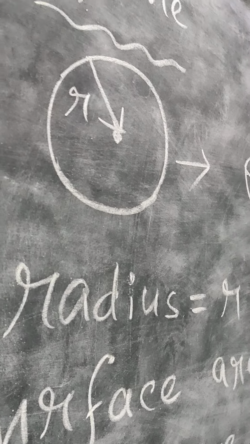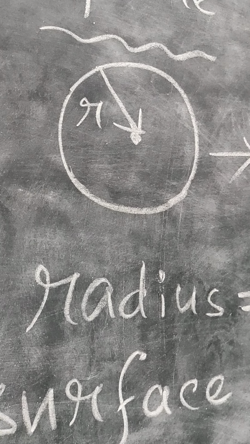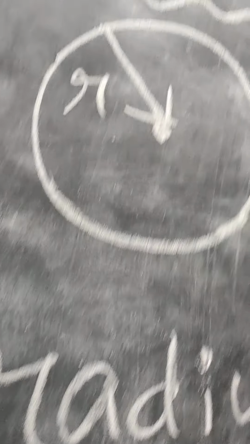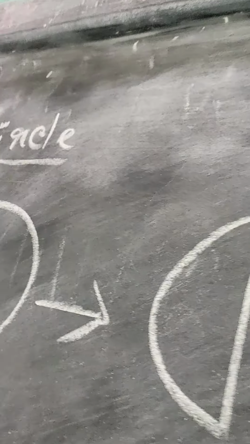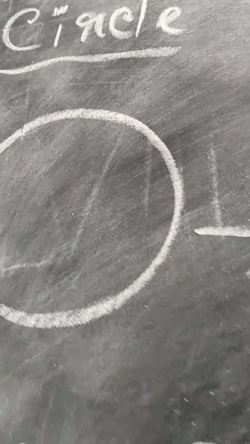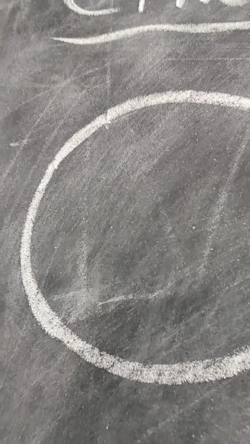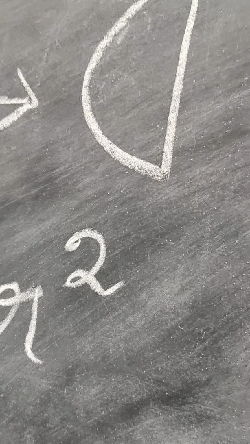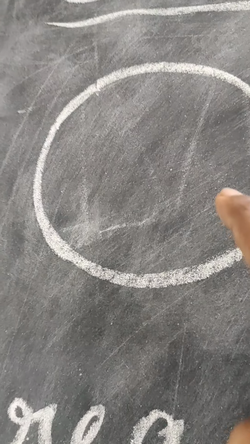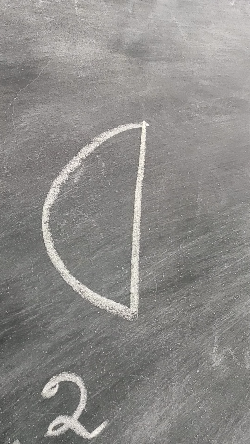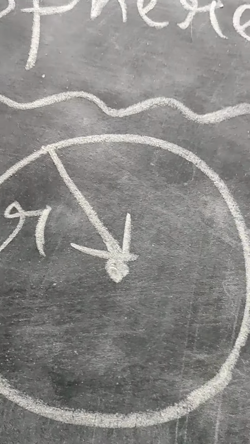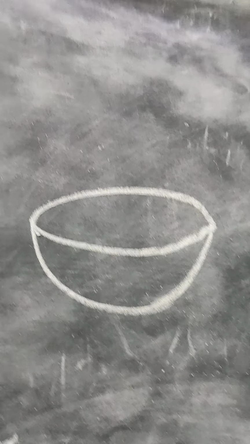Today I am taking a math class for class 10, that is mensuration. The chapter is sphere. Sphere means round shape, circle is also a round shape. So what is the difference between a circle and a sphere? If you cut a circle, you will find this part. If you cut a sphere, then you will find